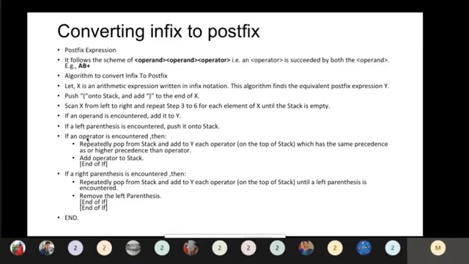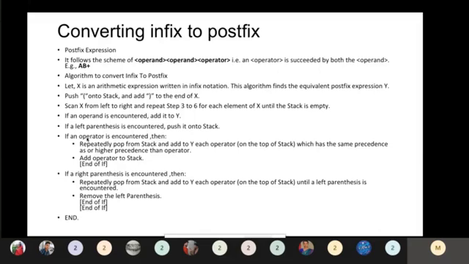The highest priority is nothing but the opening and closing parentheses. You keep going till it reaches the closing parenthesis. That is the first step. Then the highest priority operator should be placed at the top.